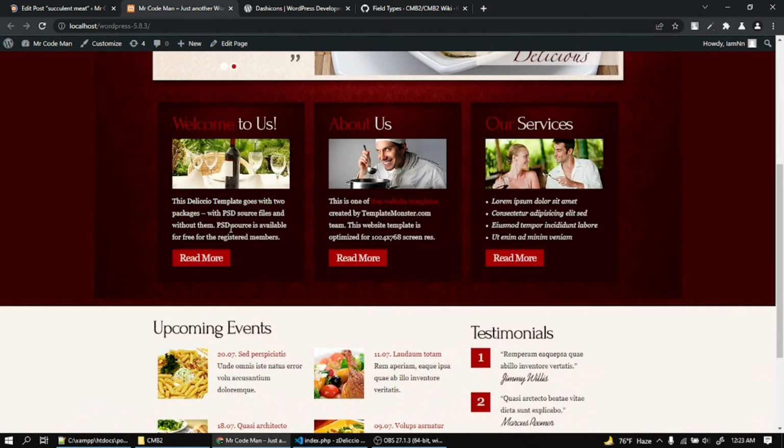Next step you will see how the post works. There is custom post